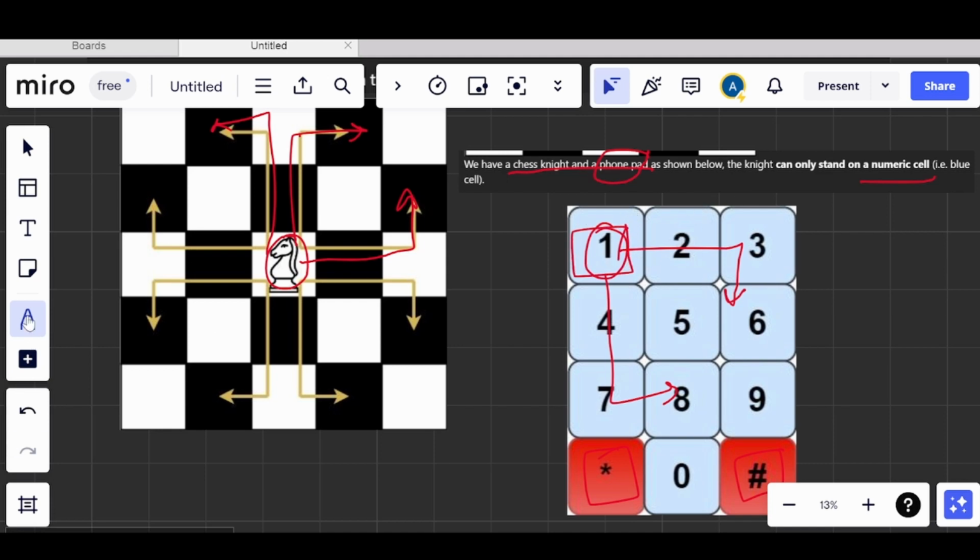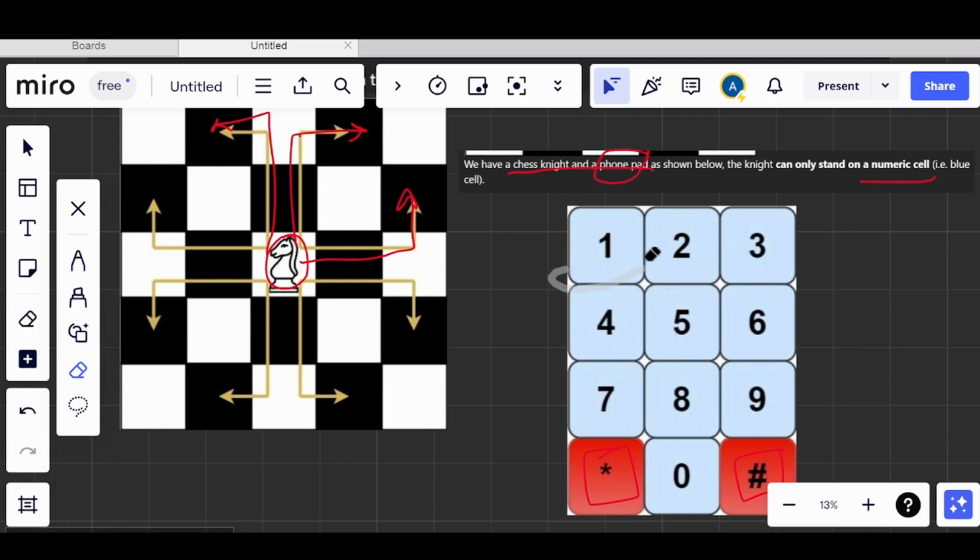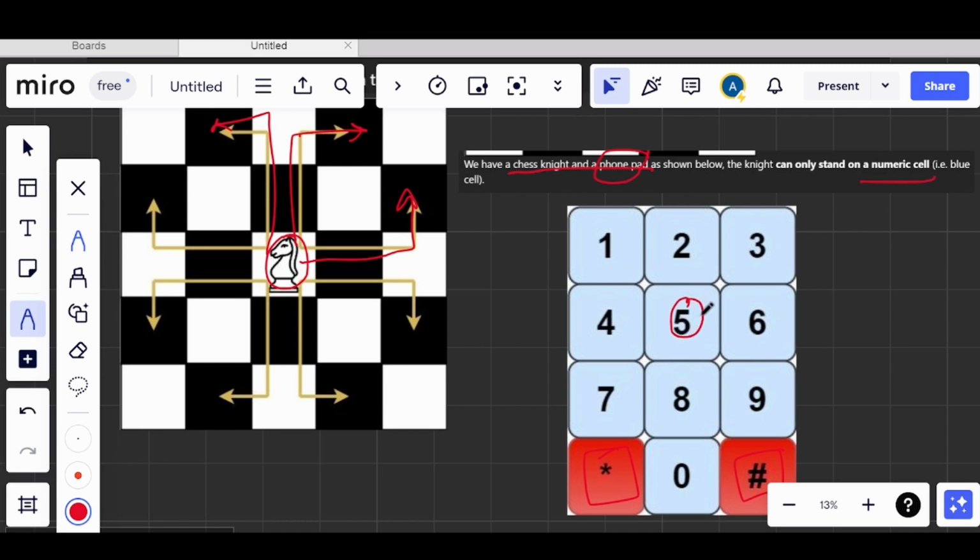In the same way, if the chess knight is on 5, let's see whether it can move or not. It was supposed to move here, right. So here it cannot move. Same way, it cannot even go in this direction, it cannot even go in this direction. Here also it has been blocked, so not in this direction also, and neither can it go in this direction. And when we move to this side, that is also not possible. So whenever the chess knight is on 5, it won't be able to move in any direction.